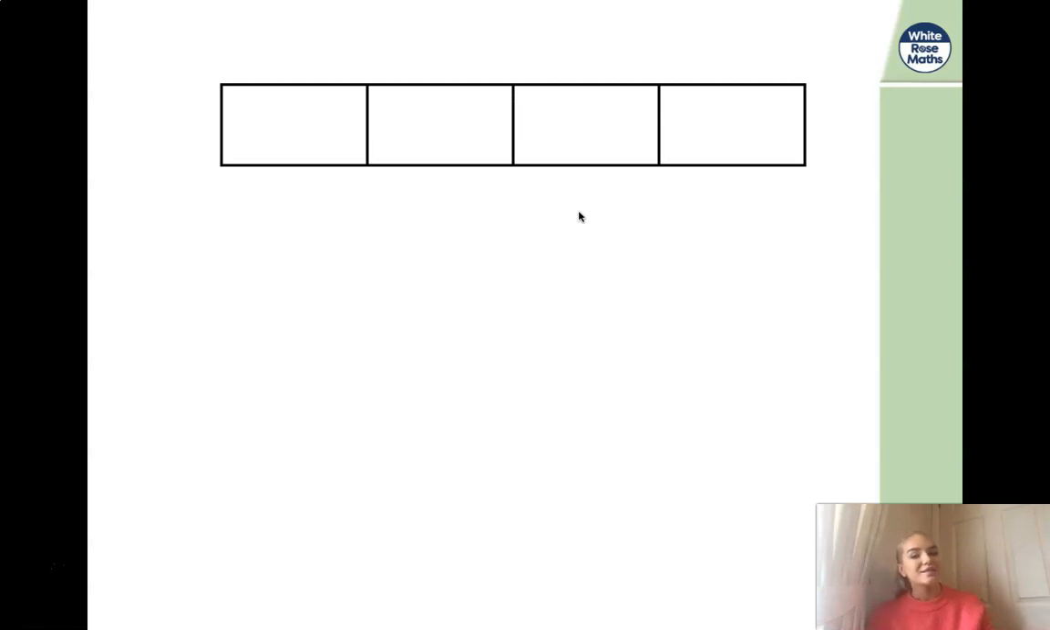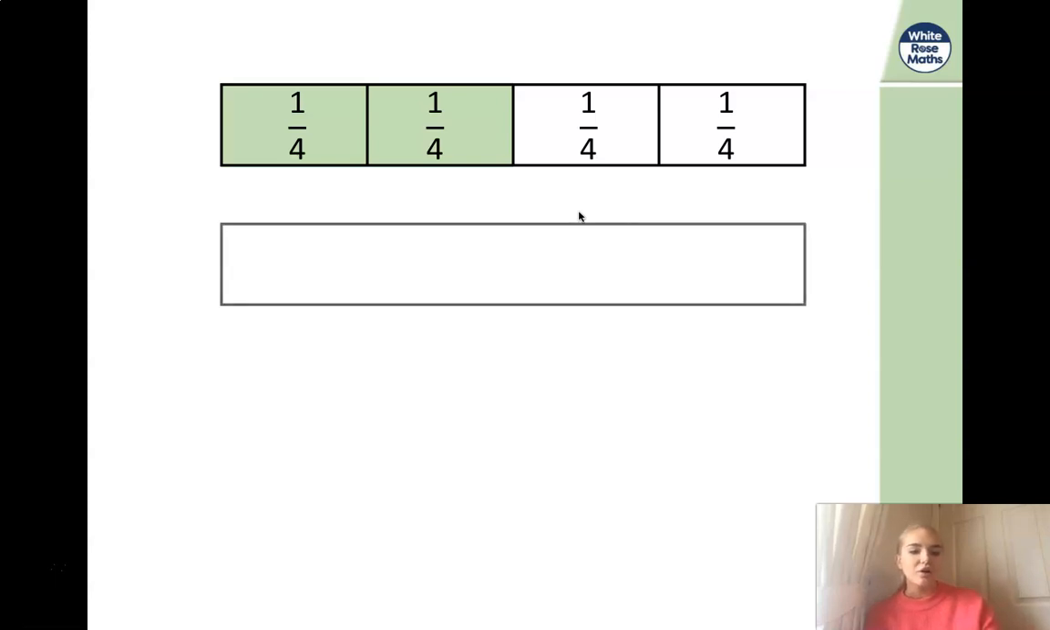Now this time I've split my bar into 4 sections. So what would each fraction of each part of my bar be now? That's right, each fraction would be worth 1/4. Now this time I'm going to colour in my 2 quarters again, which is the same as half of my bar. We know that from the last slide. And I've got another bar, and this time I'm going to split my bar into 8 sections. So what's the fraction of each part of my bar going to be if I've split it into 8 parts? That's right, they're going to be worth